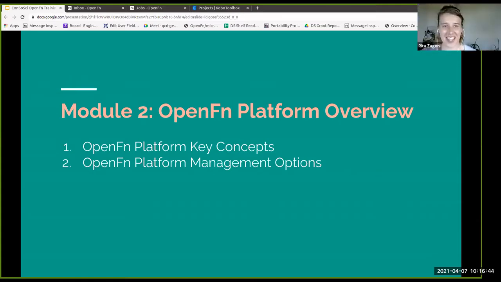Cool, thanks, Alexa. So yes, as Alexa mentioned, I'm just going to give you a quick overview of the key concepts, terms that we're using when we're talking about the platform, look at some of the management options that you can use to control access and security and things like that. And then we're going to switch over to the platform itself, and also going to give you a chance to click around and follow along with me if you have